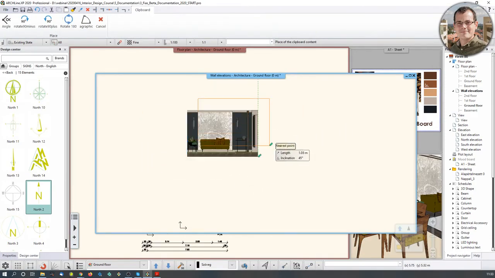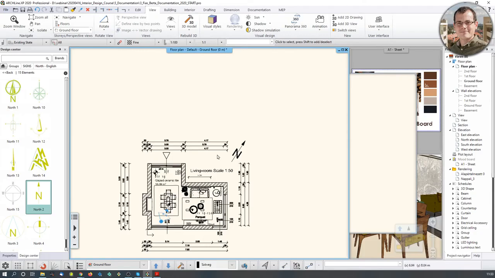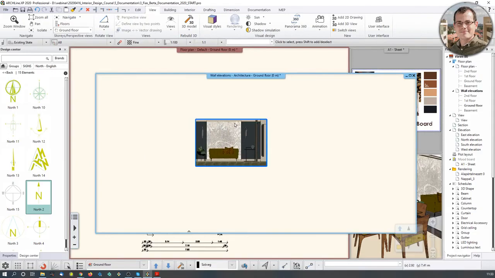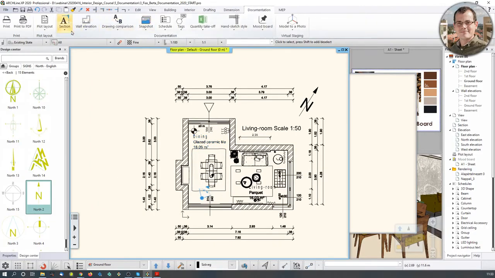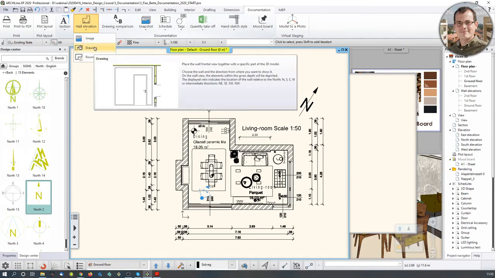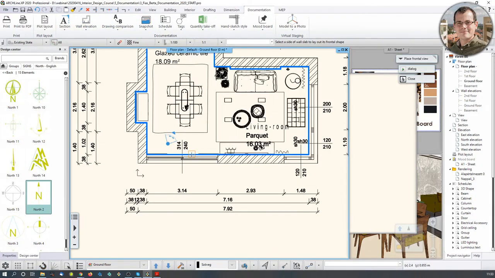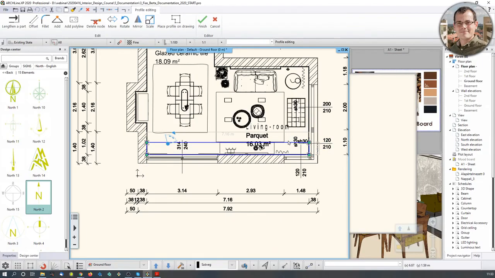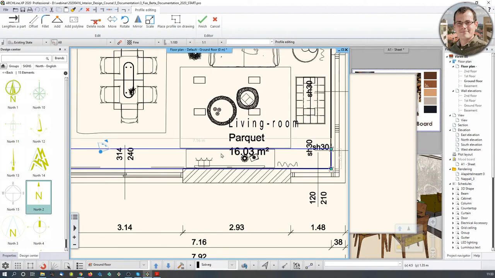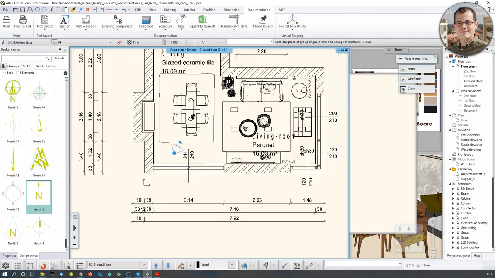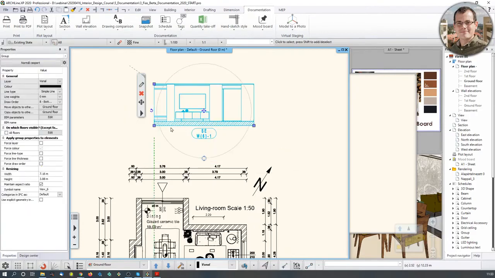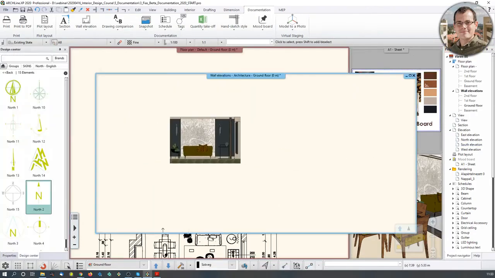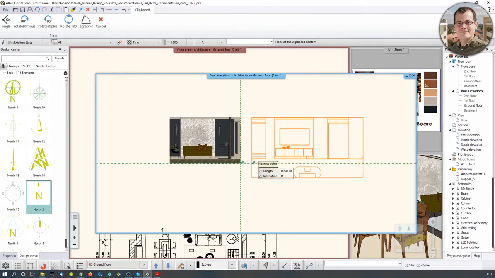So now if I don't want to sort of collect everything onto the same level, then I can do it just this way. So if I go back to the wall elevation, maybe I need to have another one. So I'm just going to go with again, documentation, wall elevation. It's going to be this time a drawing version, and click on this wall over here, and I'm looking at it from here. Do I want to trim it back? No, I think this is fine. Hit enter, and now I ended up with another drawing. So if I highlight it, Ctrl X, it's better to, you know, collect them separately, because that way your design